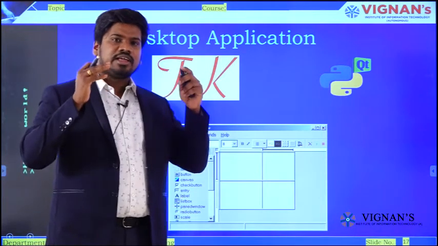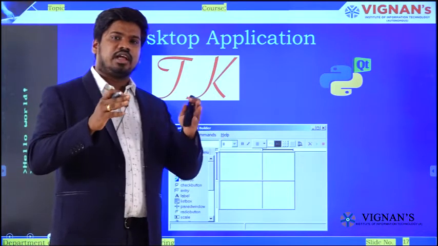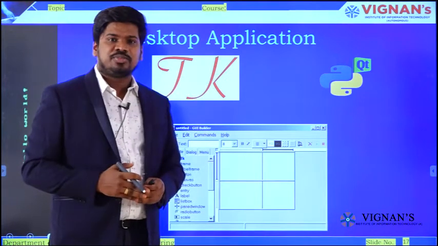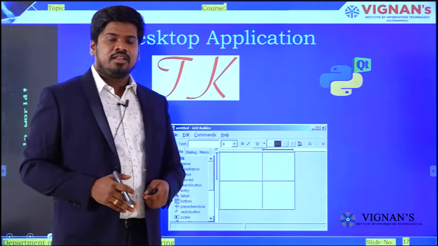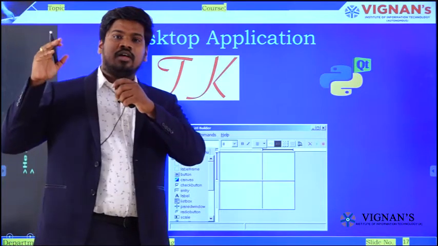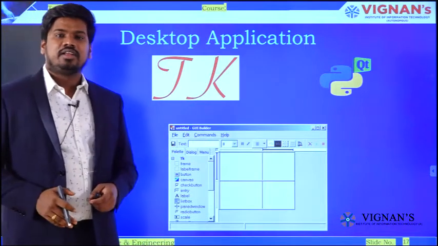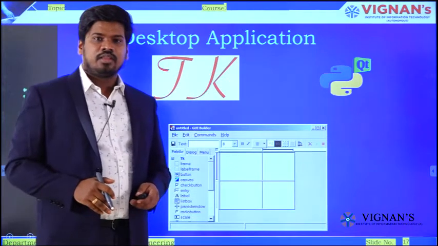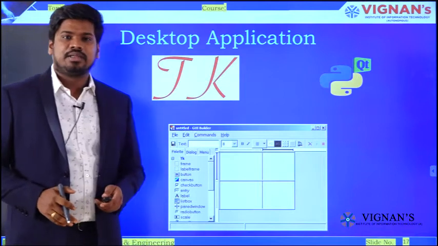So if you want to make your career, right now choose it. If you want to make your career in machine learning, the only way to become a master in machine learning is by learning Python and mathematics. Or if you want to make your career in web development, the option is either you learn Java or Python. Or if you want to make your career in the gaming industry, then the option is either Python or C++ or learning game development or Unity. But my personal choice for you is that learning Python right now is the best thing.